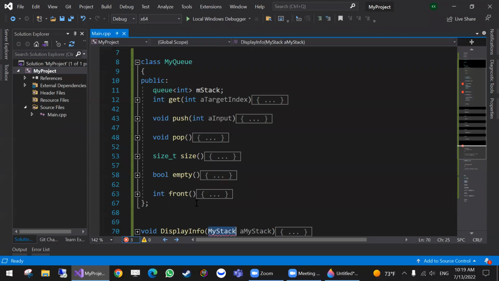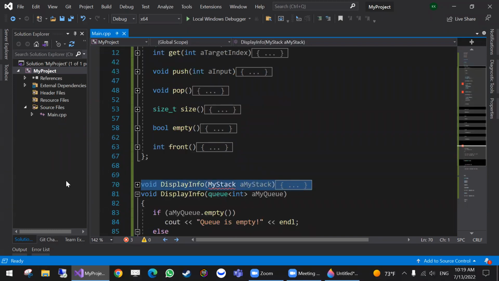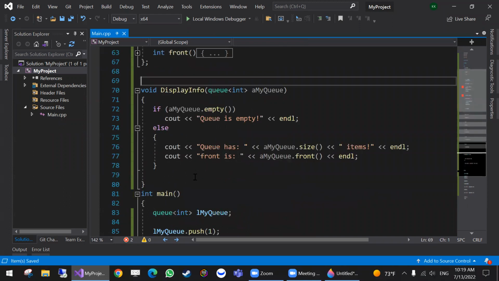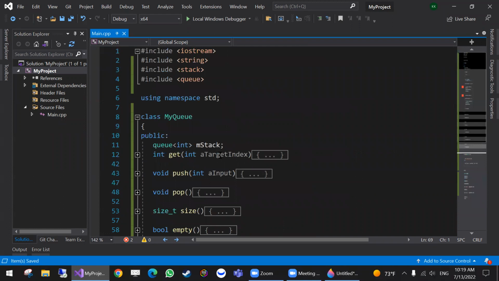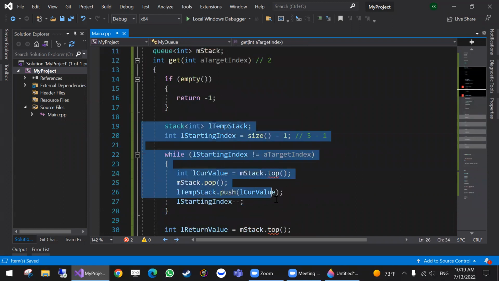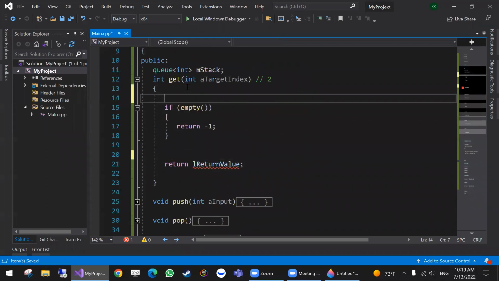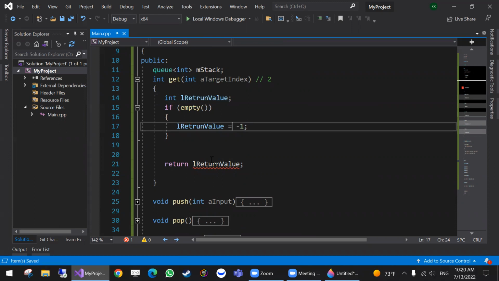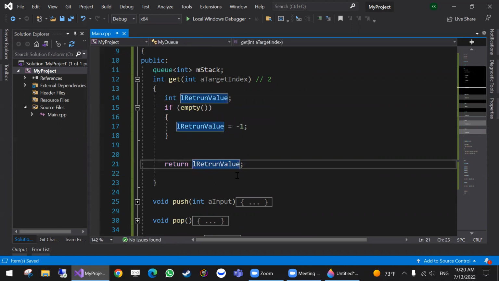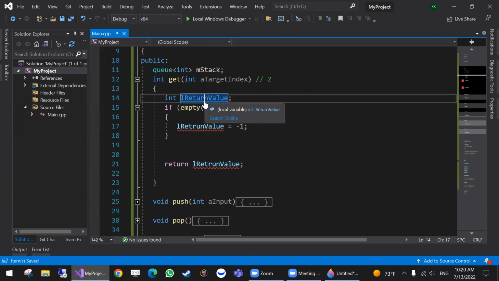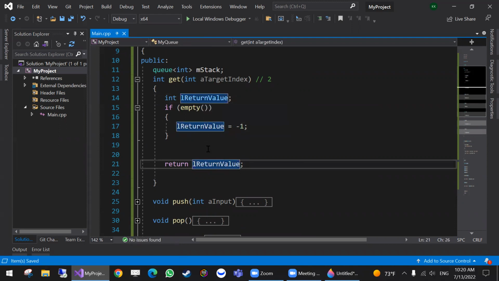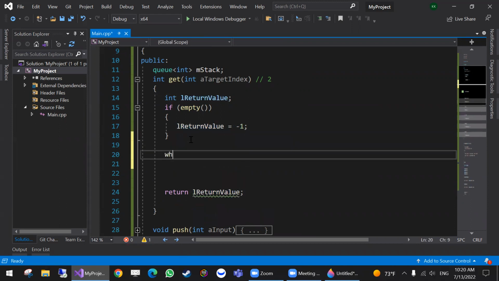My stack is not here anymore. We don't need it anymore. Okay, so get. I'm gonna keep this. I'm gonna remove these. I'm gonna say prepare int return value. So if it's empty, return value is -1. Return the return value. Otherwise, I'm gonna say while